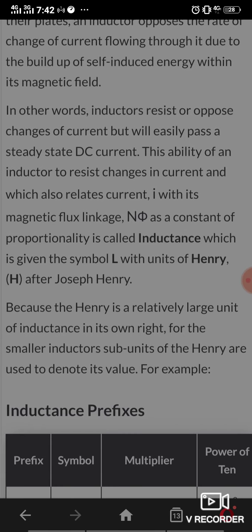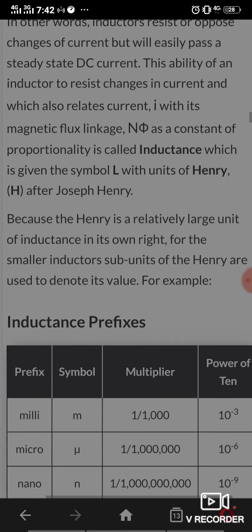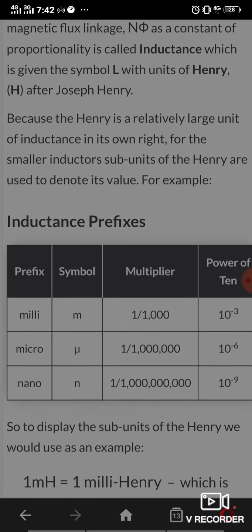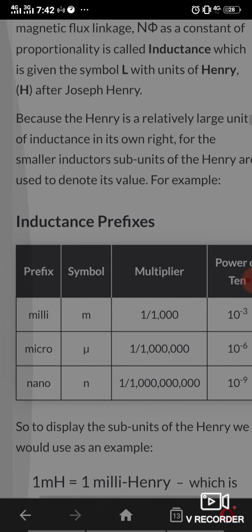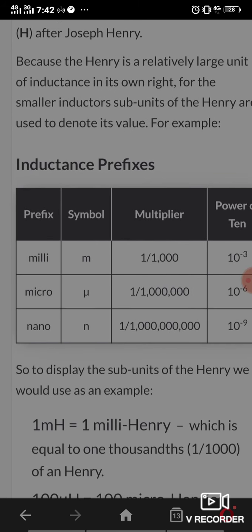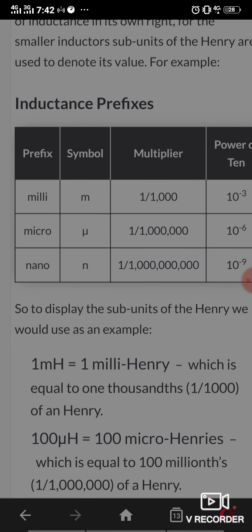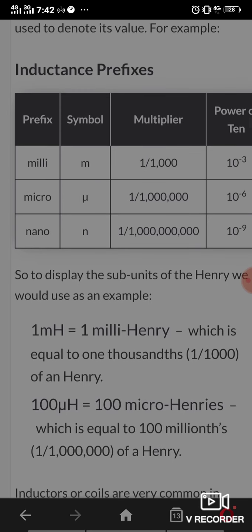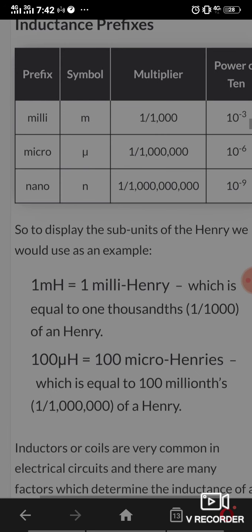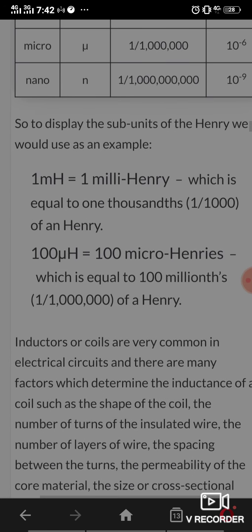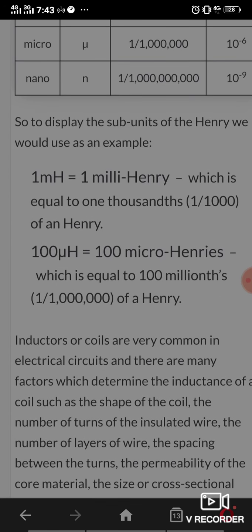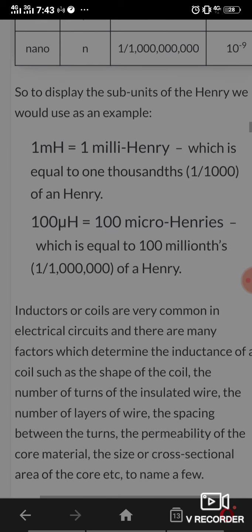For smaller inductors, sub units of Henry are used to denote its value. For example, millihenry, microhenry, nanohenry. To display the subunits of Henry, we would use an example: 1 millihenry, which is equal to one thousandth of a Henry, and 1 microhenry. Inductor coils are very common in electrical circuits and there are many factors which determine the inductance